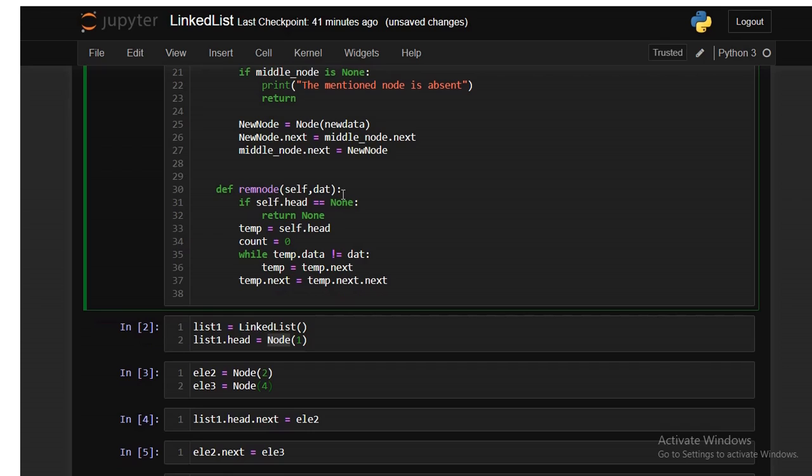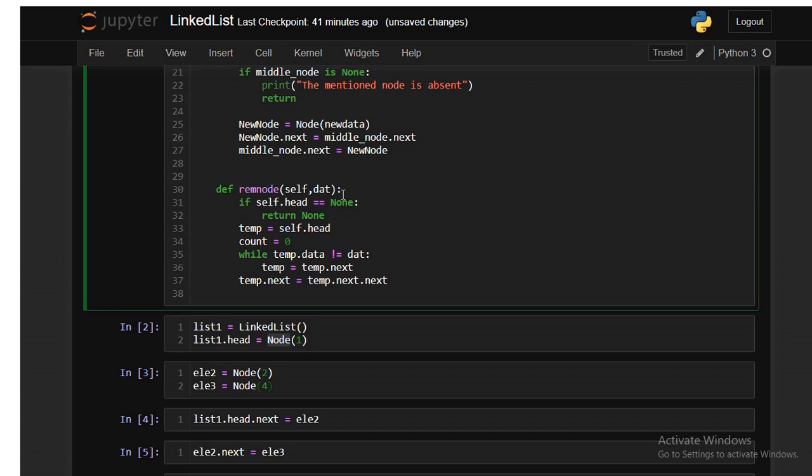When temp.data is actually that data, then we need to remove that node. You guys understood that, right? I'll leave that part, how to delete a node from its data, to you to practice